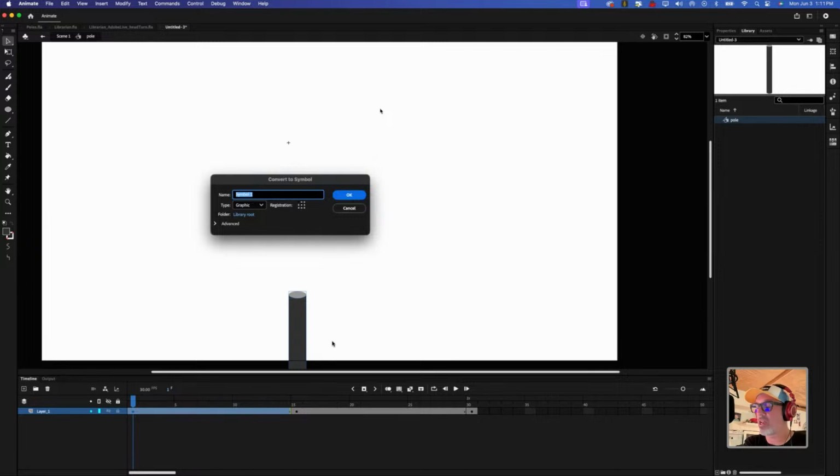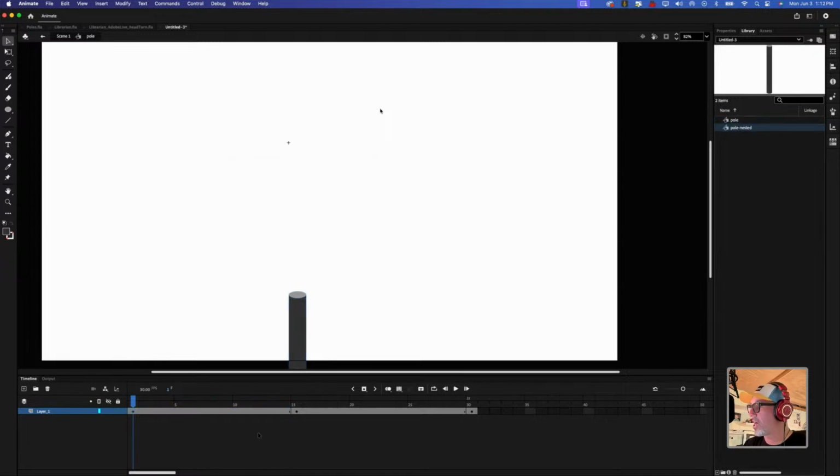So I'm going to hit F8. I'm going to call this pole. And maybe, oops, I just fat fingered my keyboard. Pole nested. Let's call it that. Okay. I should have done this first because we want pole nested, the instance of this symbol in all these